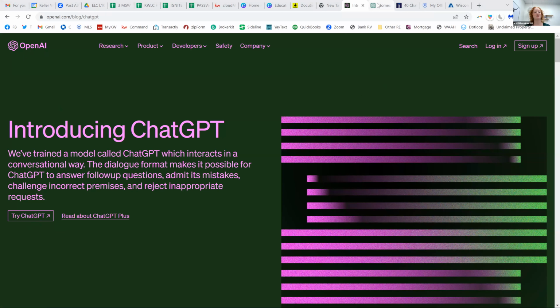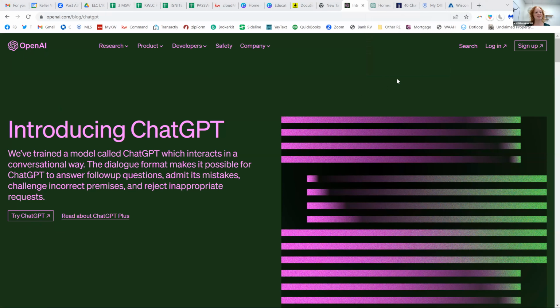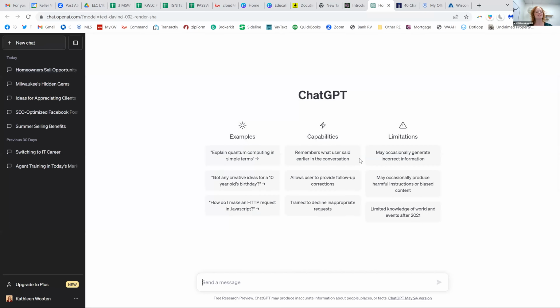It will do a couple of different prompts to make sure that you are not a bot yourself. So I think there was like 3 times I had to go through the I'm-not-AI-myself test, shall we say, in order to get this account created. But when you come in, basically your ChatGPT looks like this. And it tells you exactly what it can and cannot do, some of its limitations, but then also some of its capabilities. And then it tells you just send a message.